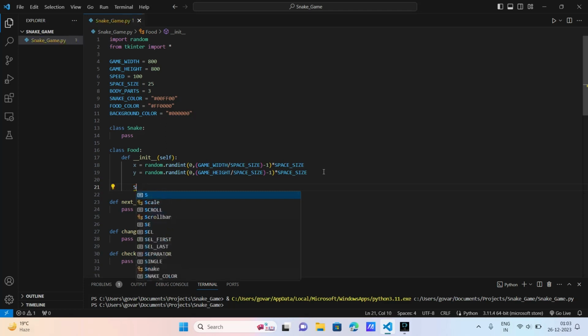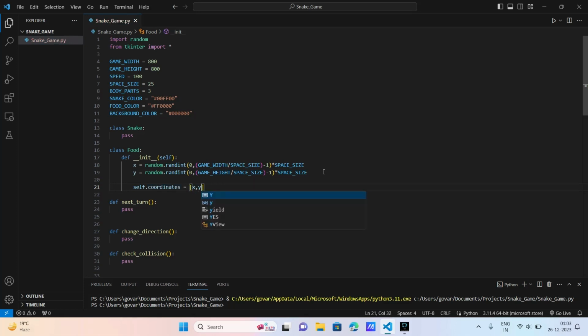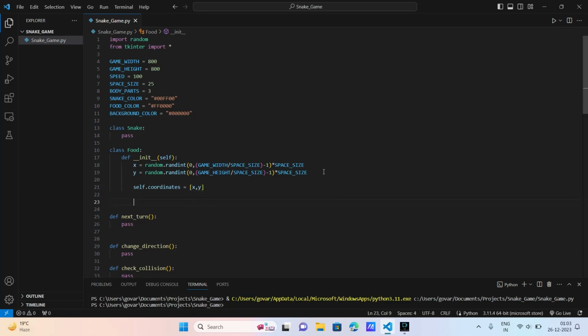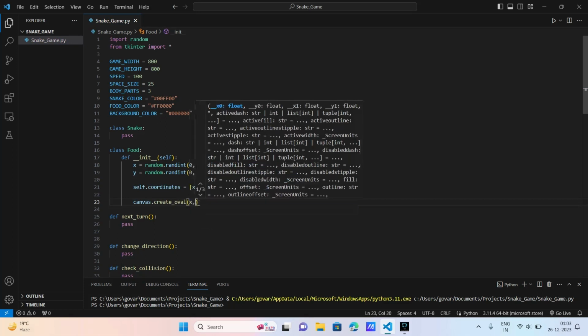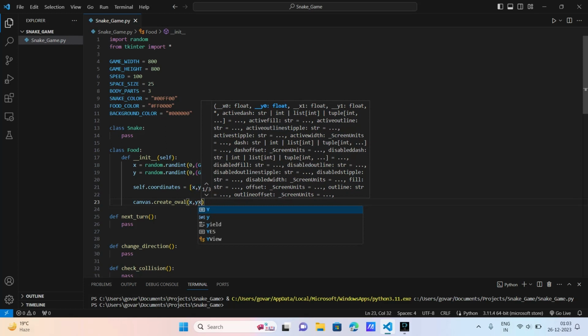Okay, that's it. Now I'm going to create self.coordinates. Keep it in mind guys, use correct spellings, otherwise you will get an error. Canvas.create_oval. So we are creating a food in oval shape guys. Here it is, a spelling mistake, I corrected it now. So I'm going to give the formula x comma y comma x